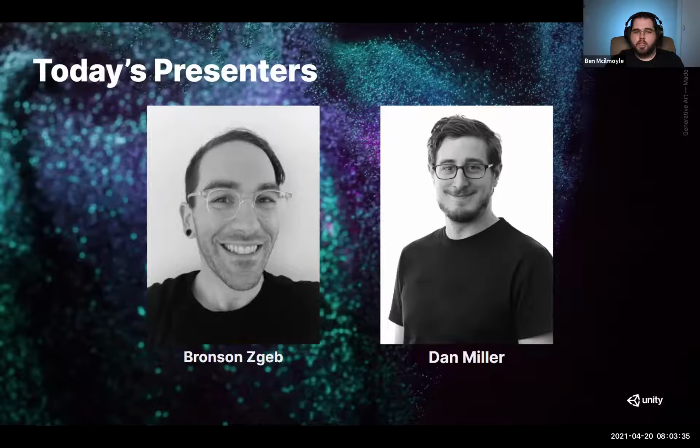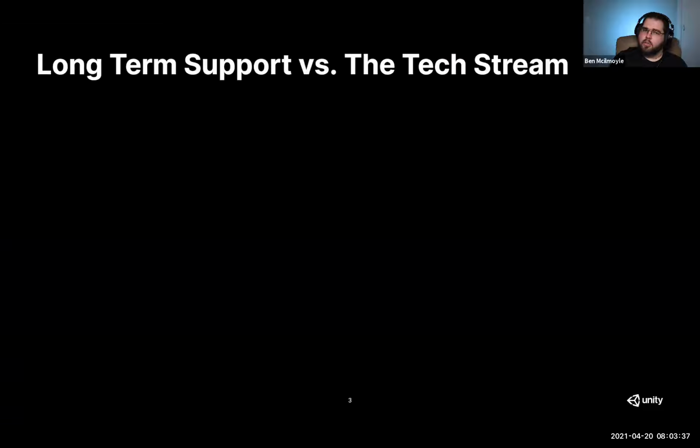So let's get into today's actual presentation by starting with talking about the long-term support versus the tech stream versions. If you stay up to date on Unity news, you probably noticed a few weeks ago we released both the Unity 2020 LTS, or the long-term support version, as well as the Unity 2021.1 tech stream version. This is pretty typical of how Unity works. We're going to start off with a quick explanation about why choose one or the other and some of the differences between them. Today's webinar is all about the long-term support or LTS version, but it is important to understand the differences between the two of them.